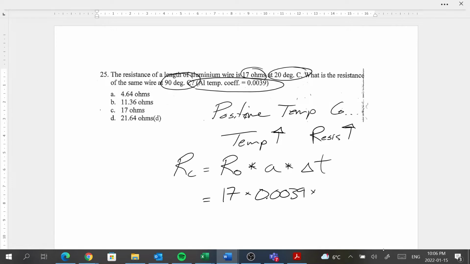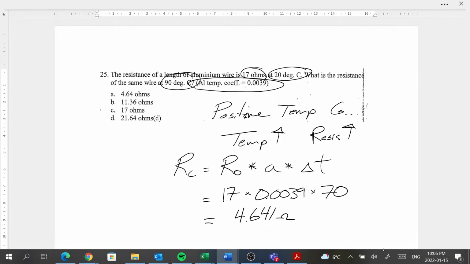So the resistance is going to go up by 0.0039 per degree. And the change in temperature is the difference between 90 and 20, so 70 degrees. That's going to give us a resistance change of 4.641